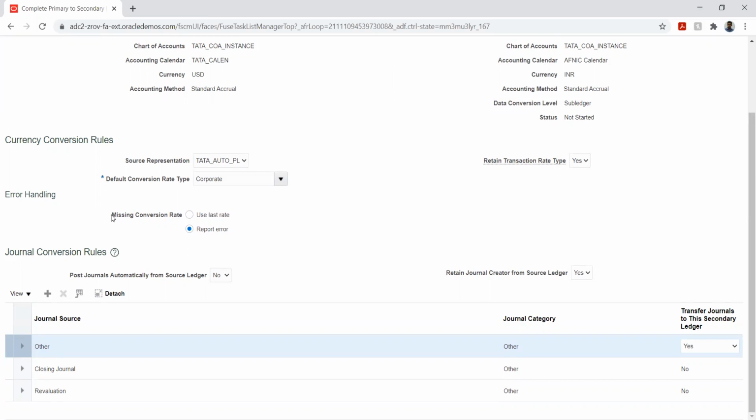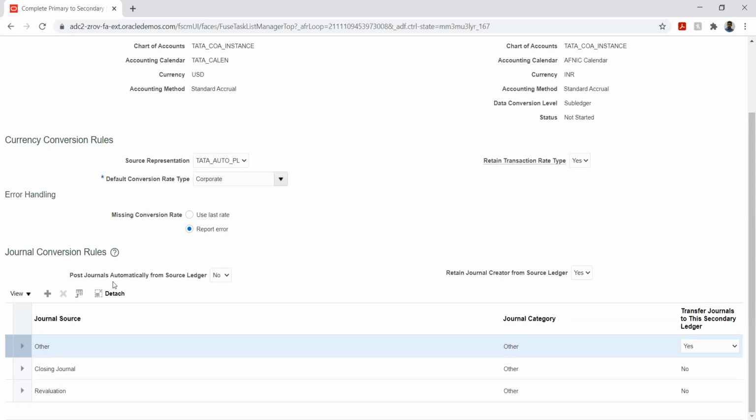Okay. And in case the conversion rate is missed in the transaction, what should the system do? We cannot use the lost rate. Instead, we can specify report error so that we can fix it there itself. Okay. And we have the posting related controls here.